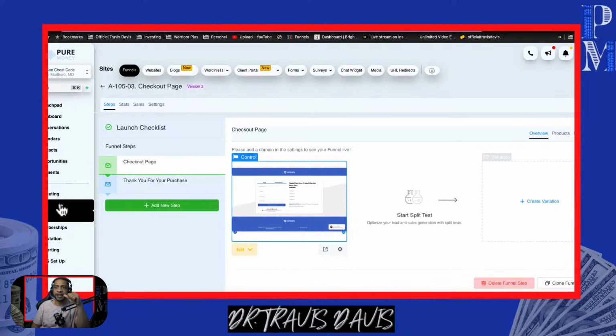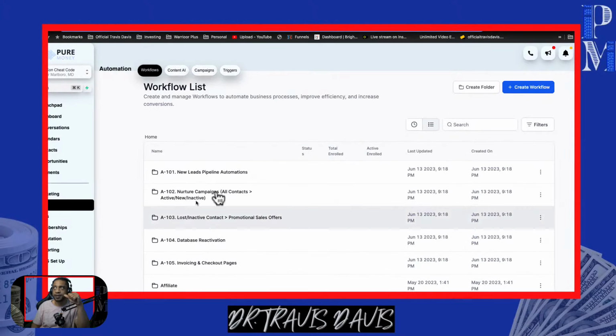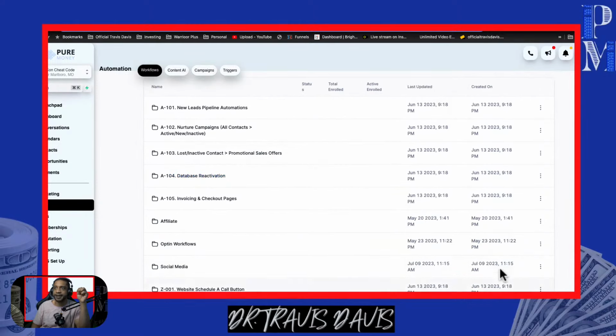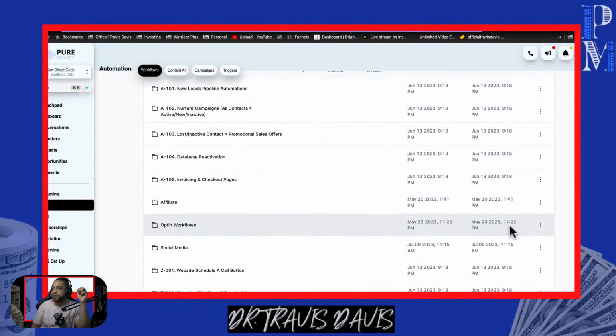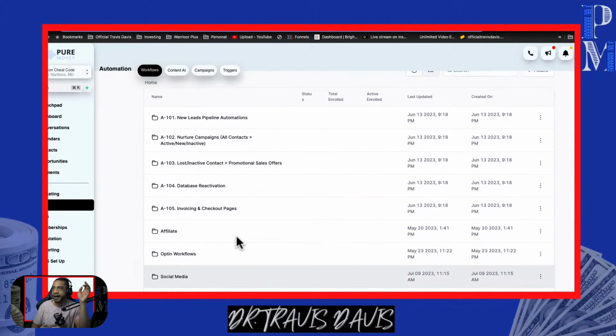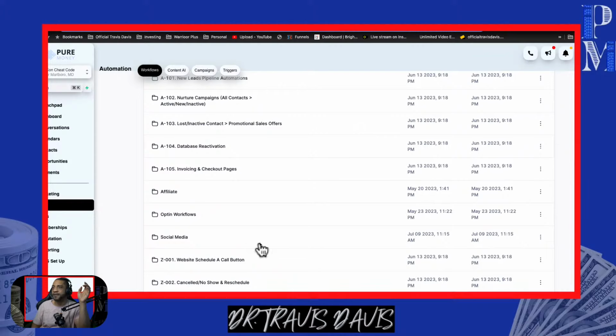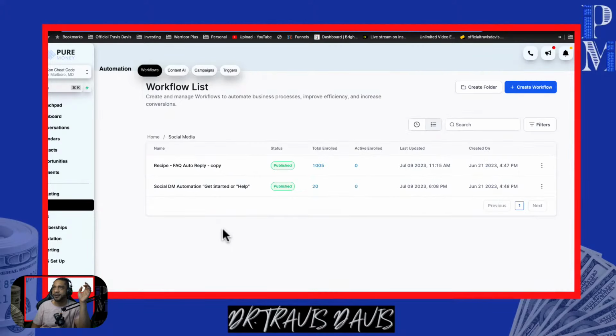Again, that's going to be in the automation section. You're probably going to have to create a workflow. For those of you that got the professional package, you guys should have all of these already there. Okay. And if you do need to create from scratch, which is completely fine, just follow the formula that I had right here. Did I put it here? Okay.